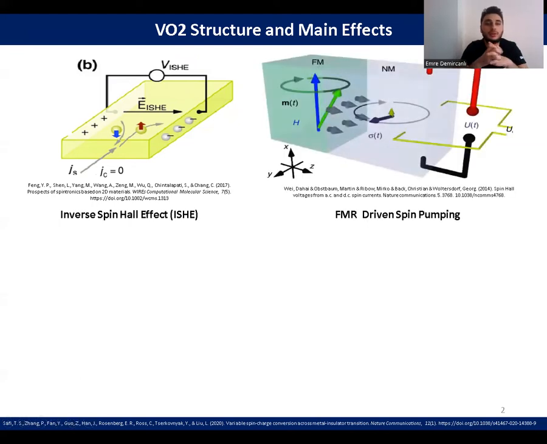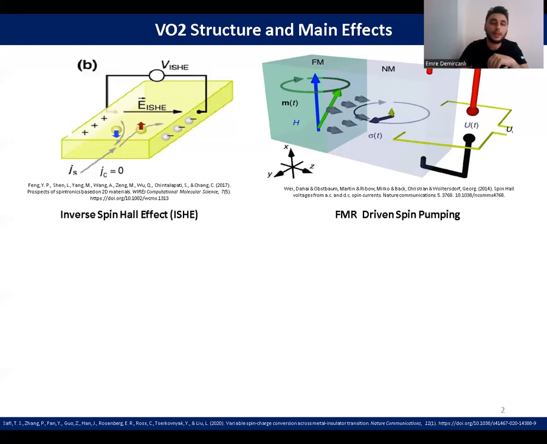Secondly, I will continue with ferromagnetic resonance, which is called FMR, driven spin pumping. This process is one of the most efficient and powerful methods for pure spin current generation. For years, people have used this technique for charge spin conversion characterization of paramagnetic, ferromagnetic, antiferromagnetic metals, also semiconductors and superconductors. I will touch on these effects a little more in the schematic representation of the sample used in this